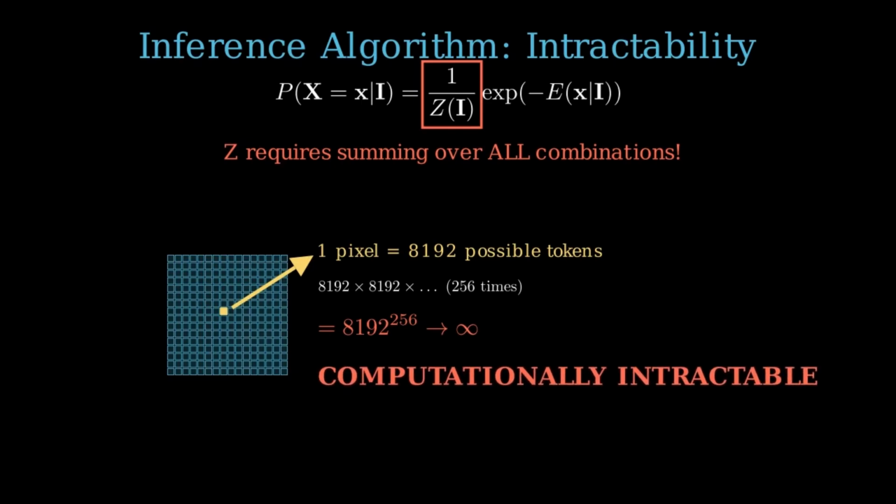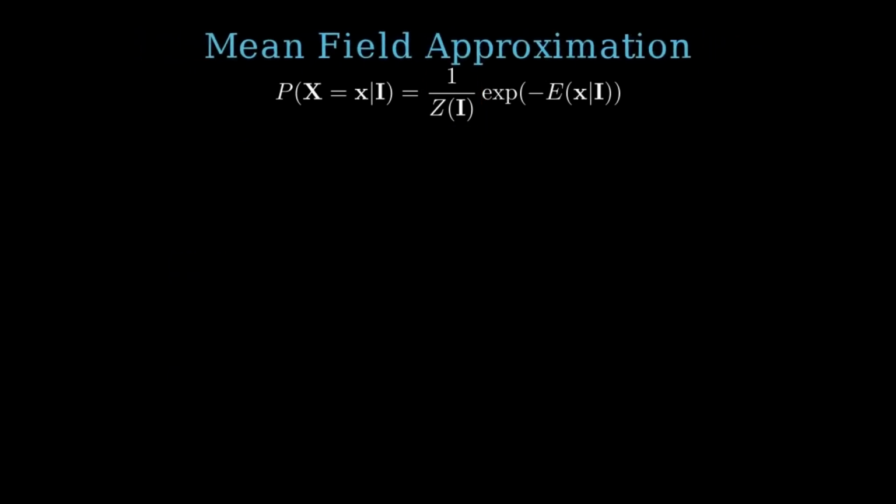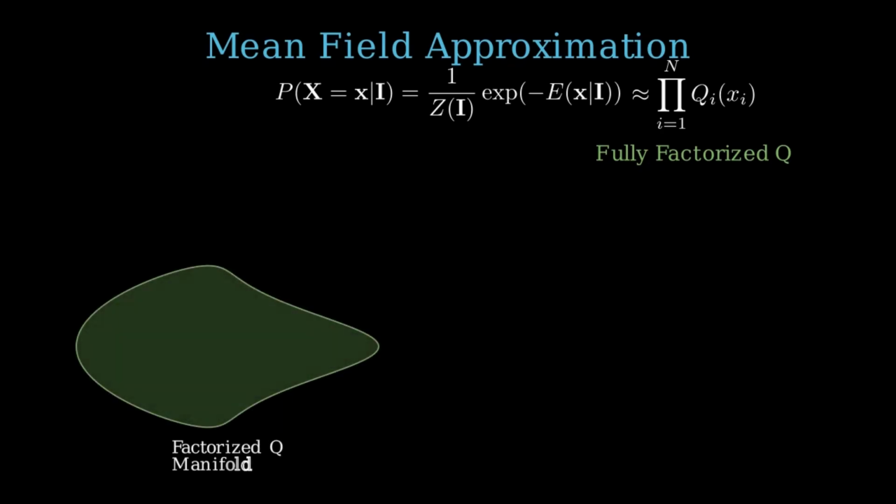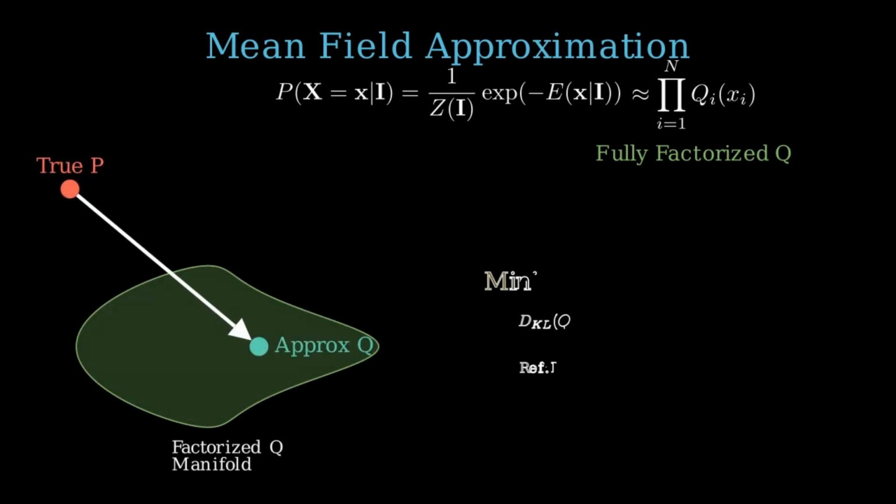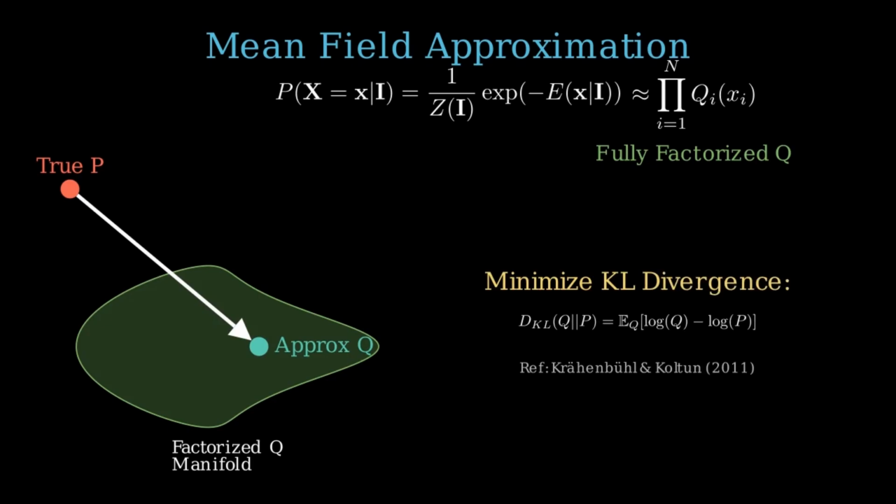The goal of image generation is essentially to converge to the manifold of real images. To achieve this, the system needs to optimize the conditional probability distribution, P(x = x | I), based on an energy function. However, directly computing this equation in a high-dimensional space is computationally prohibitive. Therefore, our first breakthrough is to approximate this distribution using a factorized Q manifold. This breaks down the complex problem into computing individual independent tokens, simplifying the structure from a complex target manifold to a tractable approximated manifold that can be easily controlled by Markov random fields.